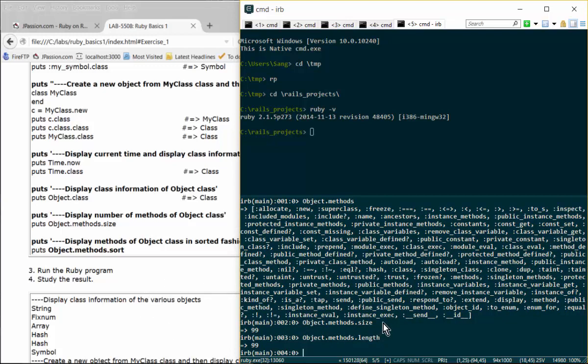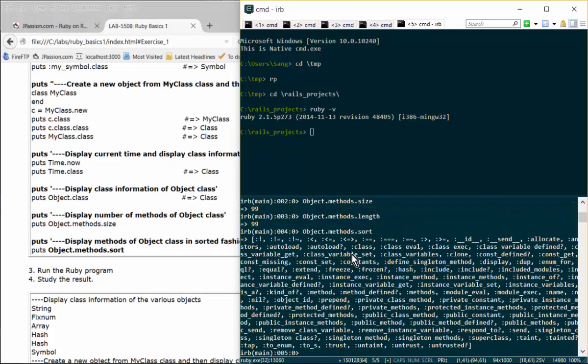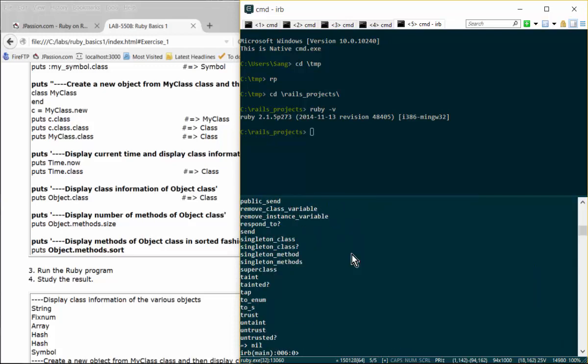You can actually sort this, so I can say methods and sort. If you want to see each on its own line, you can use puts object.methods.sort. Then it will give you everything in a sorted fashion. By the way, each of these is a method, so you can call it in the form of a method. As you're going to see later on,